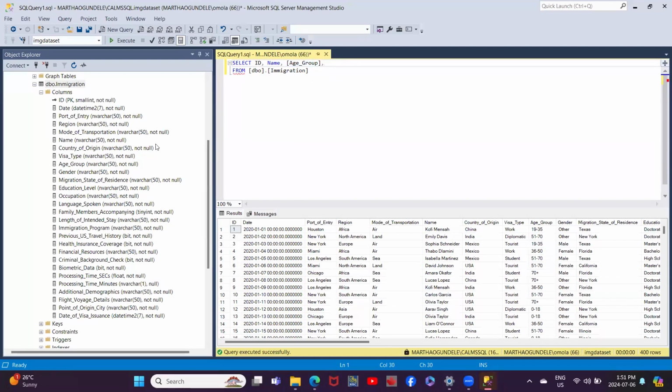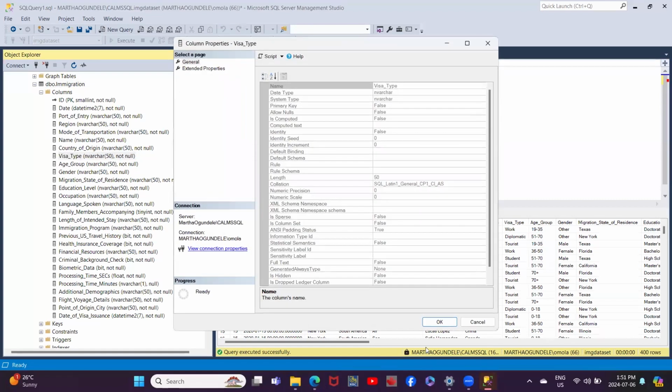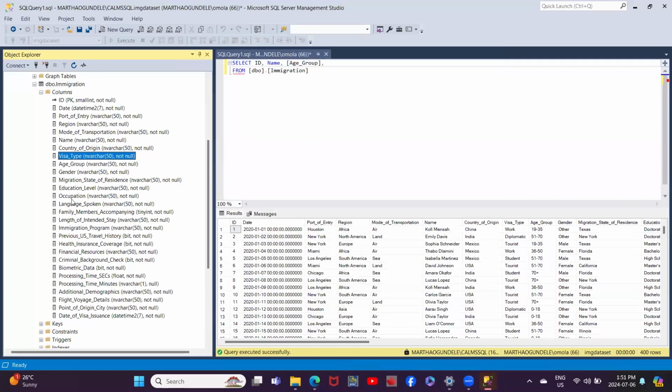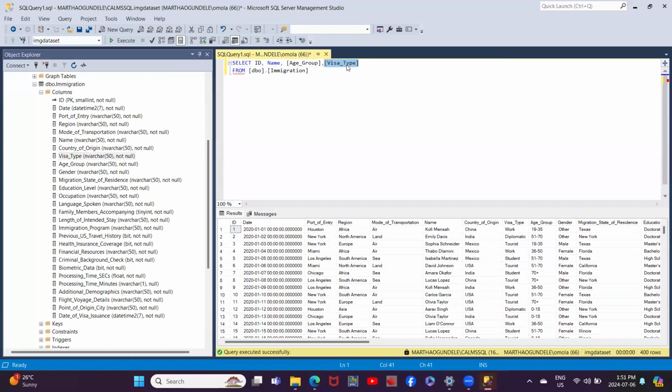And if I also want to get, for example, the visa type, I will drag this and put it here, and then I'll press enter to take me to the next line,